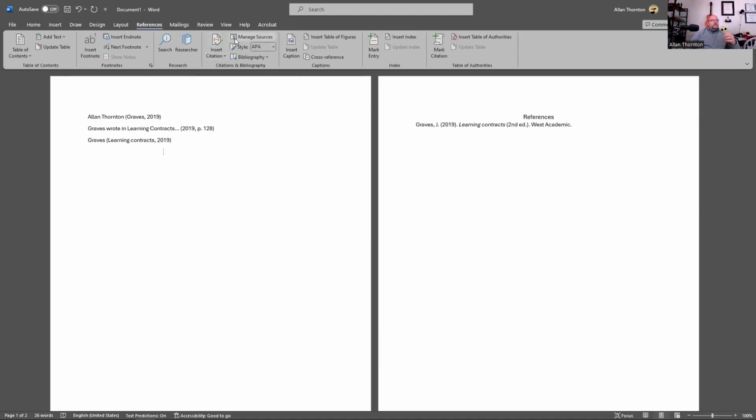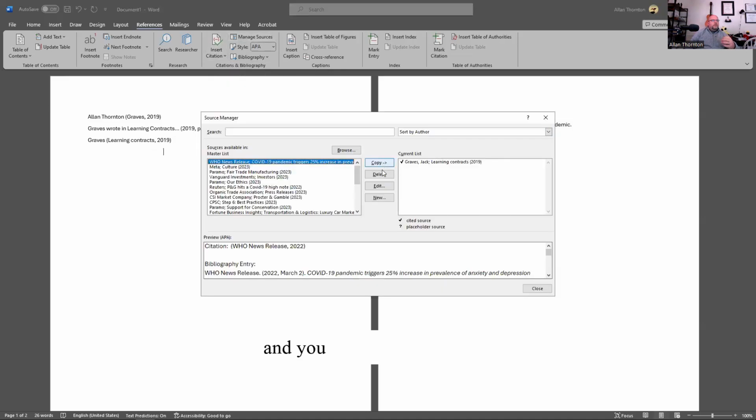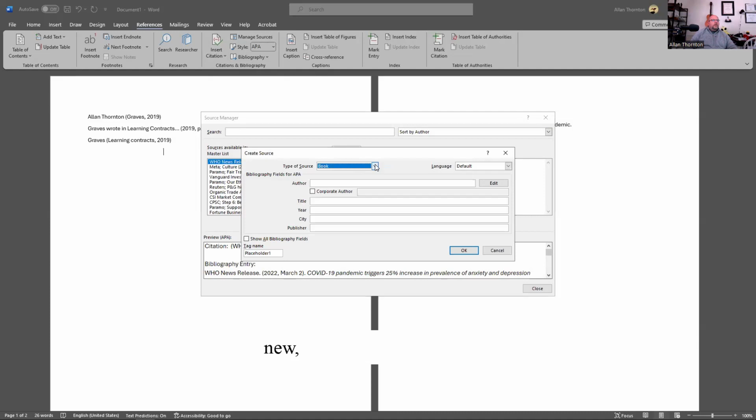Right, so that is going to give you the steps. When you go to manage sources and you're building, your options are a book, you have the journal article here, an article in a periodical. That's an article in a magazine or something on those lines. Then if you're pulling from a website or a document from a website, if it's an electronic source, any of those things. For some of your classes, you may use some of these others.